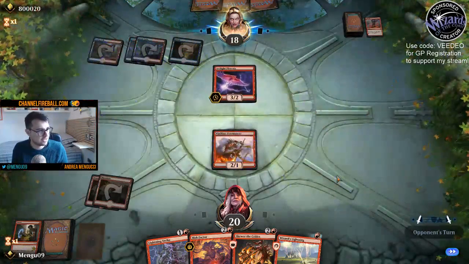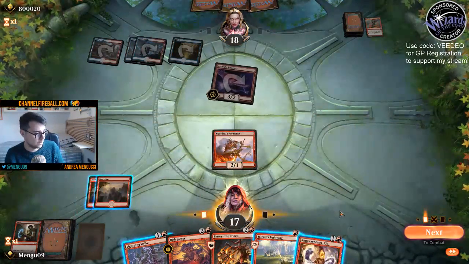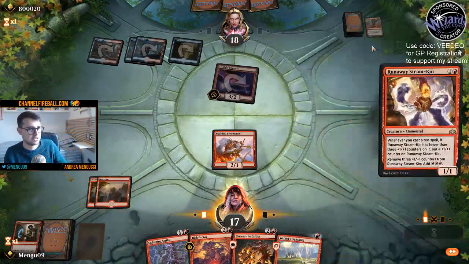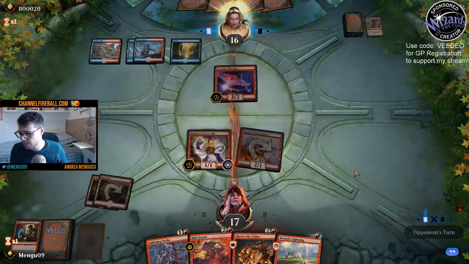Okay, so Arclight Phoenix. Is my opponent going to attack or defend? My opponent will not defend. Okay, sorry, attack. I don't really want to kill this Arclight Phoenix. I'm just going to play another Steam-Kin and attack for 2. It's not great to just pay 2 mana and play a 1/1, but